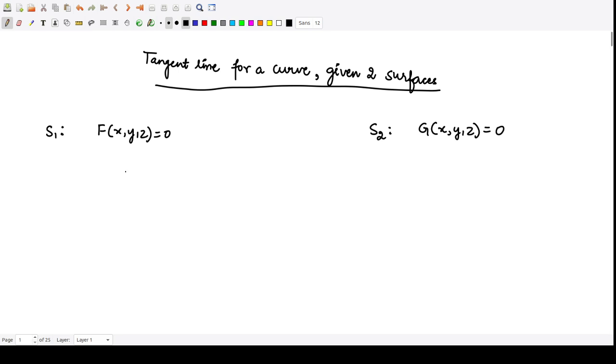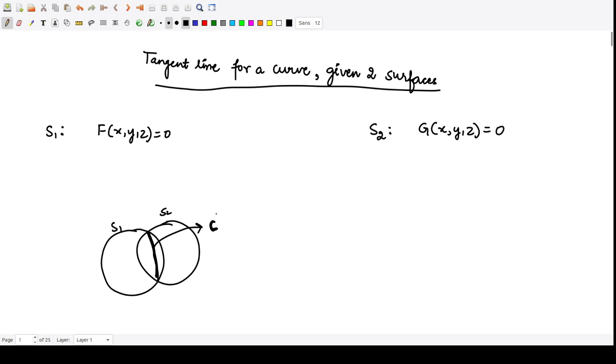So suppose this first surface is that of a circle, and another surface is that of another circle, then whatever is the intersection between these two surfaces would be a circle. Now this won't be this particular region. Why? Because here we are taking hollow circles, so only these two circles will meet at some boundary or some curve here. Suppose this is S1 and this is S2, then whatever is this intersection, that would be the given curve.